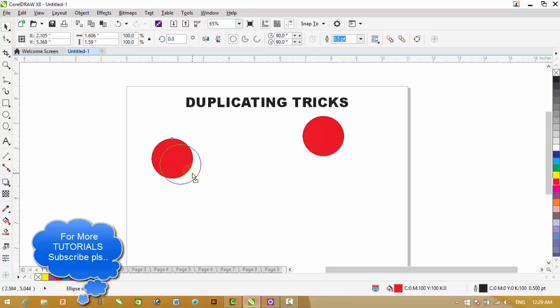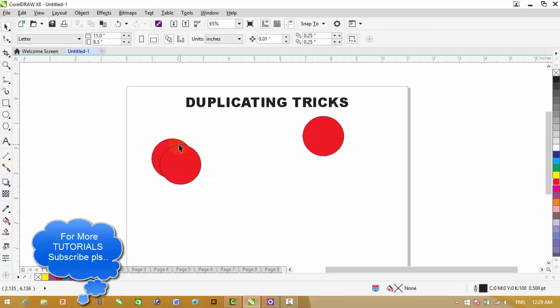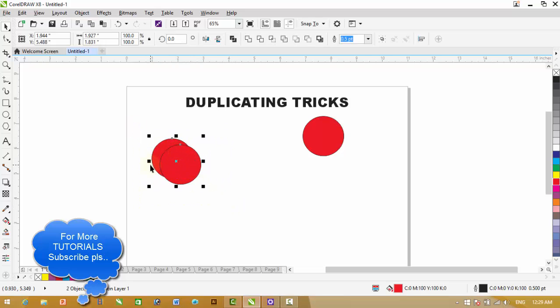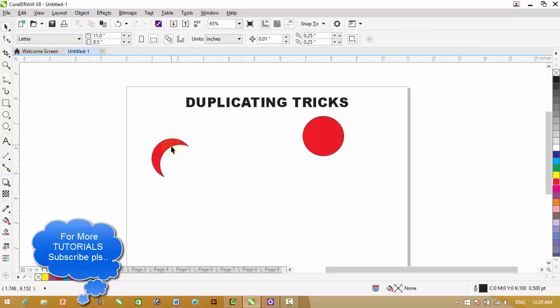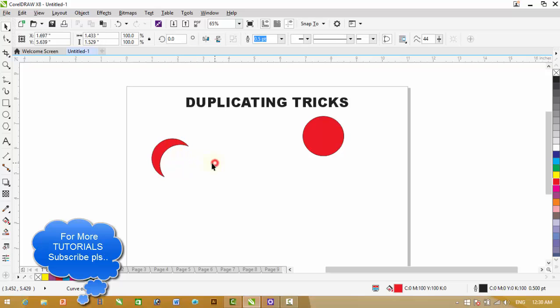Now I will press the right button of the mouse also and release these two buttons at once. And now you can see that we have created an object here. Now very easily we can create a shape like this. Select these two objects and now click Trim and delete this extra one, and you can see that with the combination of these commands, we have created a shape within no time.